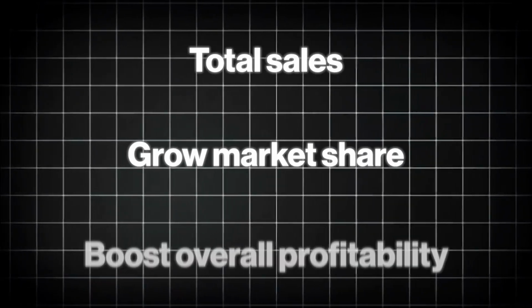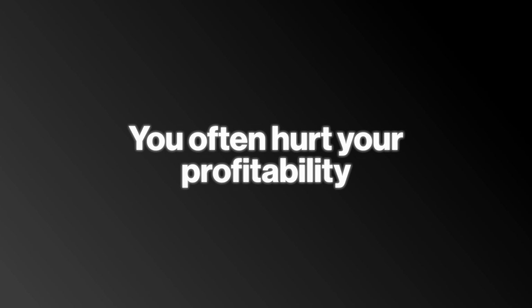But what happens in most accounts that we look at, they're so hyper-focused on keeping their ACOS low, one piece of the puzzle, that they miss big opportunities to increase total sales, grow market share, and boost overall profitability. That's right, boost overall profitability. It goes against what rational thinking would be, but when you work so hard to lower your ACOS so that your ad sales can be profitable, you often hurt your profitability because your overall sales go down, all right?